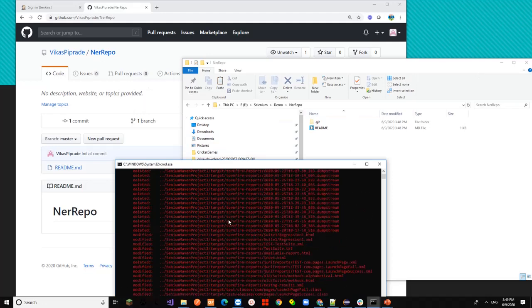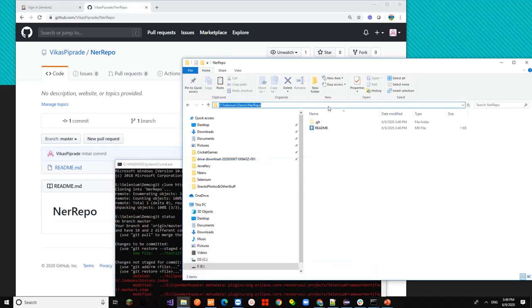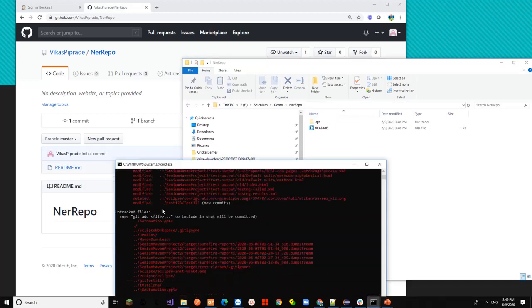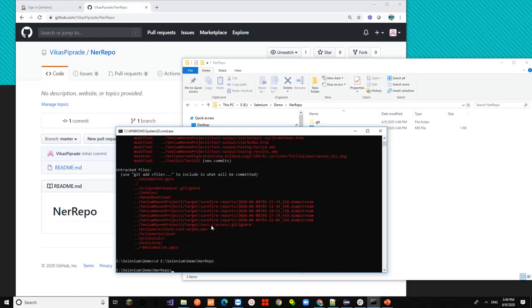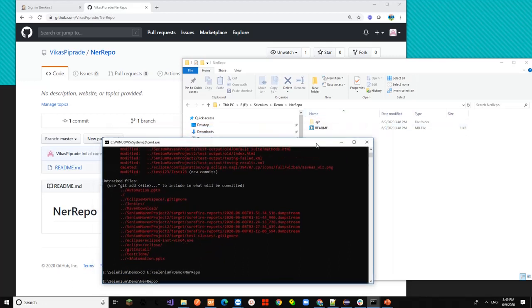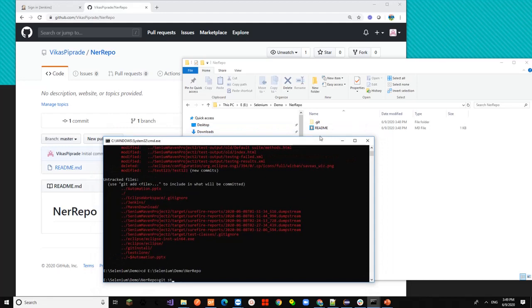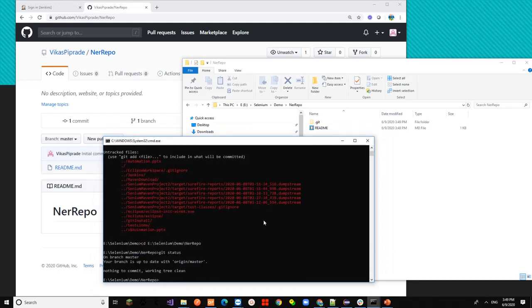So let me go into the local repo folder and hit the git status command, and it will show it's clean. That means the GitHub repository and local repo have exactly the same copies.